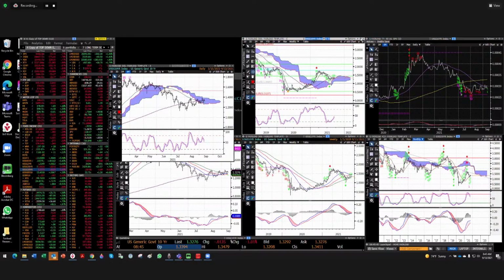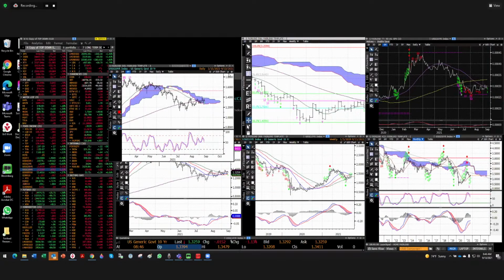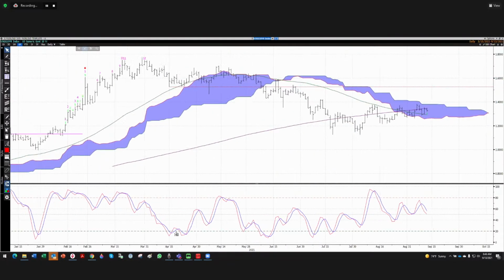Reason being, when you zoom out and look at the weekly chart, you can see here's that oversold reaction. And then look at the weekly cloud. It does show some good support, and it suggests that this uptrend that began back here, albeit very gradual, is still in force. So we're expecting a reversal. You're expecting higher yields. I am. And I think if we get through that 138, the level to watch is about 153,